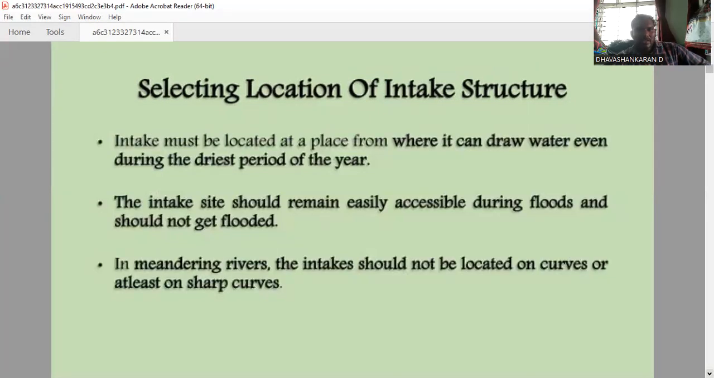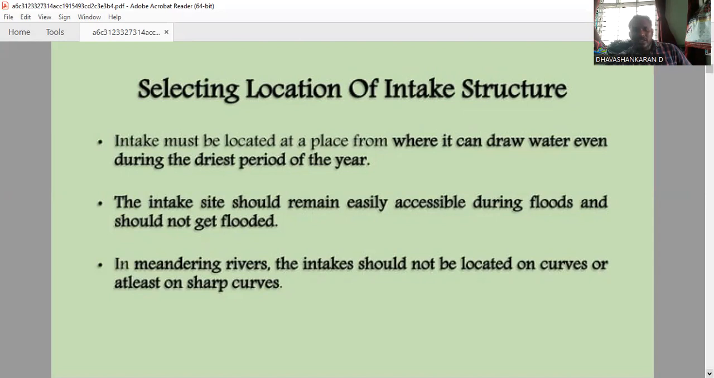The intake structure should be located at a place from where it can draw water even during the driest period of the year. In some places there must be some demand for water. Demand for water may be high during the summer season, at that time the sources are given to the public. For that condition, we are going to choose the location